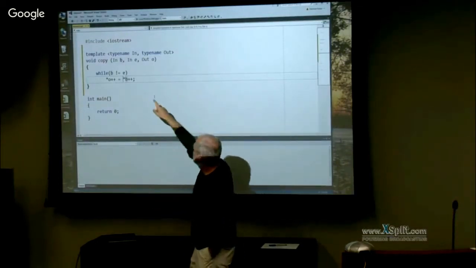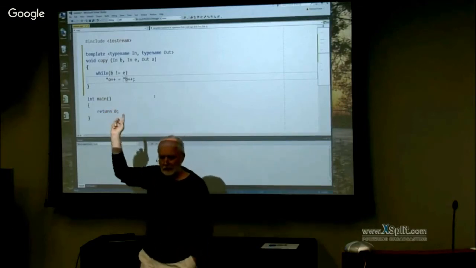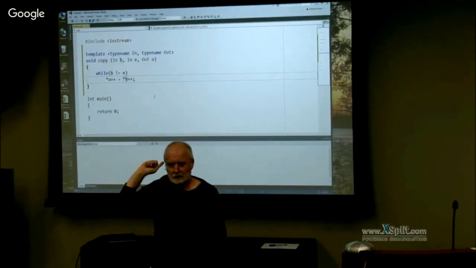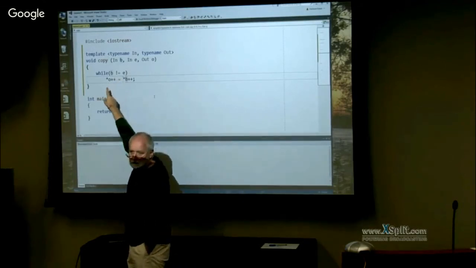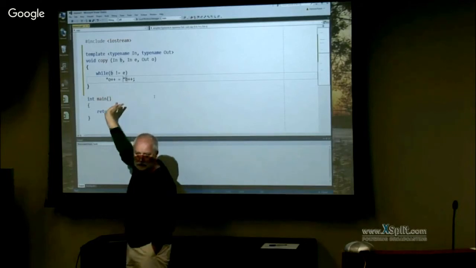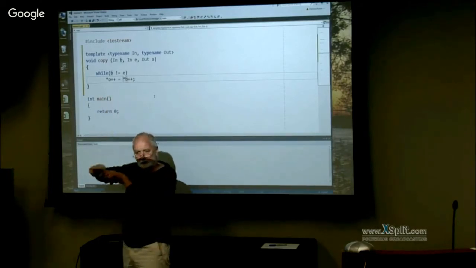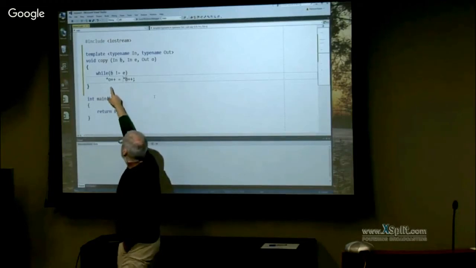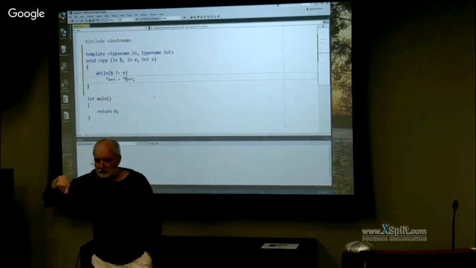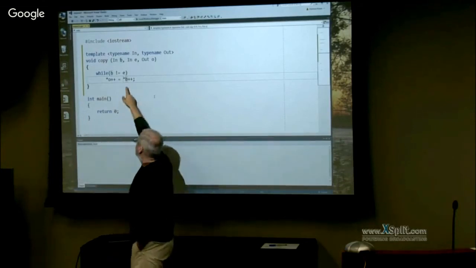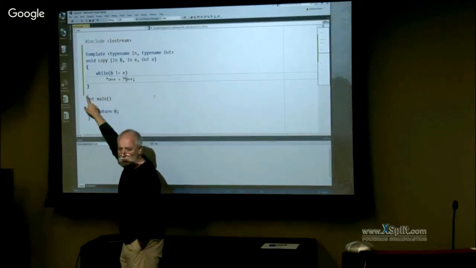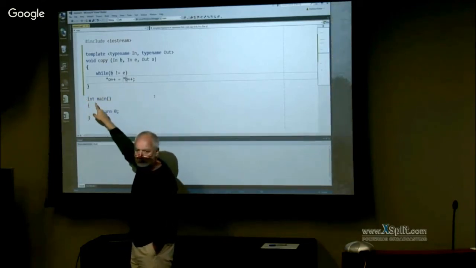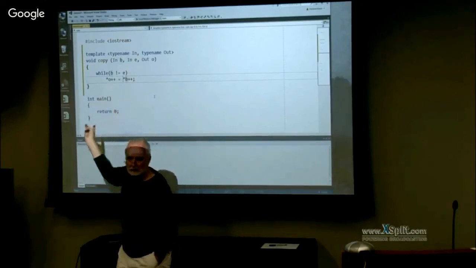As long as in is at least an input iterator and out is at least an output iterator. We do comparison. B supports comparison. We talked about that, right? Input iterators allow us to compare things. Both input iterators and output iterators support dereferencing, whereas input iterators support dereferencing only for reading, and output iterators support dereferencing only for writing. And both of them support ++. Move to the next element.